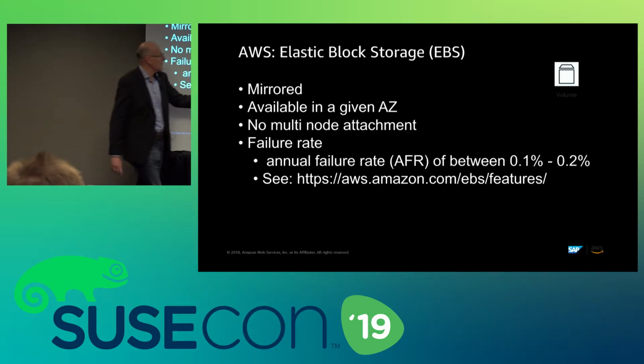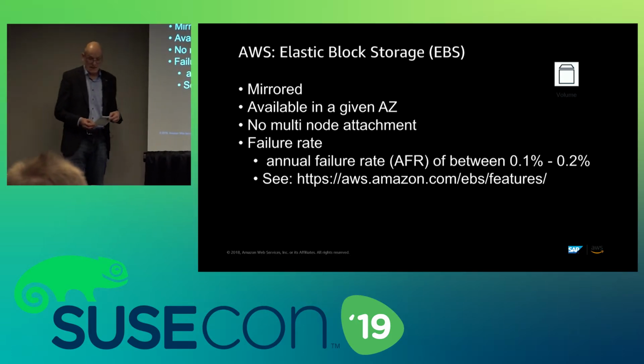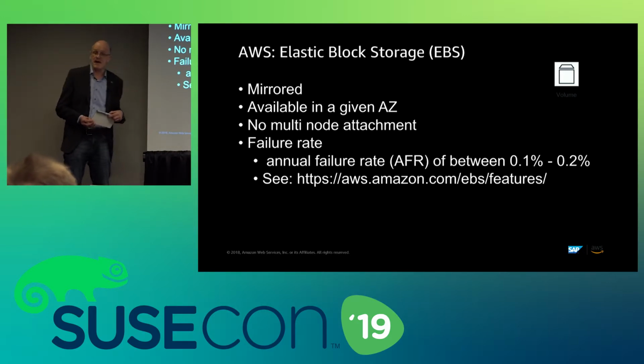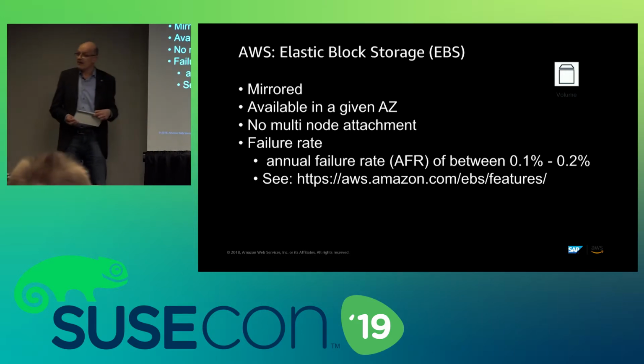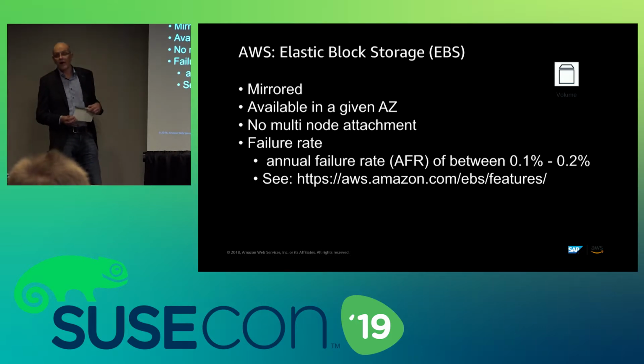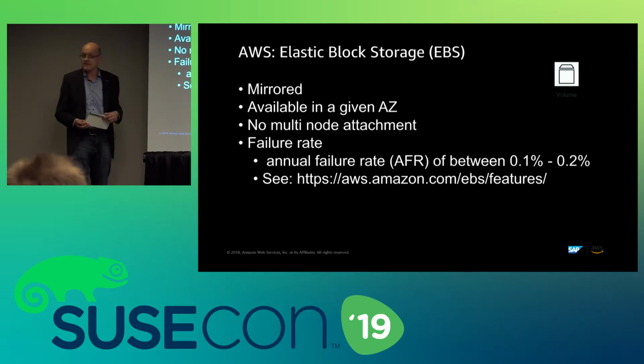We document a failure rate of 1 to 2 out of 1,000 per year. Our guys work hard on making this failure rate go even down. So these disks are relatively robust, significantly more robust than a normal disk. But if you start operating some 500 or 1,000 of them, one of them is going to break. This is how it is. All our components aren't perfect, and we are trying to build something relatively robust out of these imperfect products. But this is why we have SLES HA, which is going to help us swing over if something is going to go wrong.